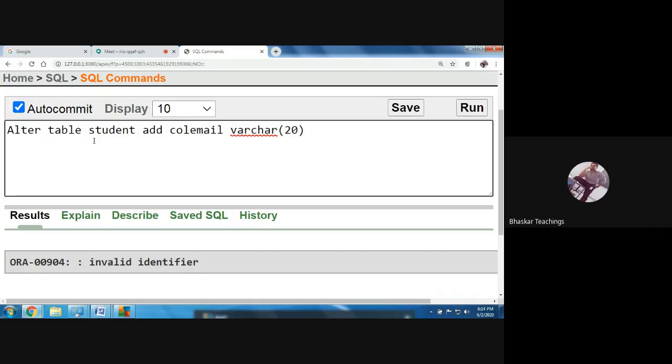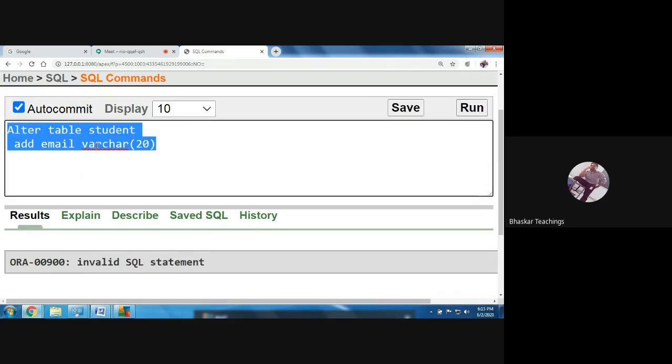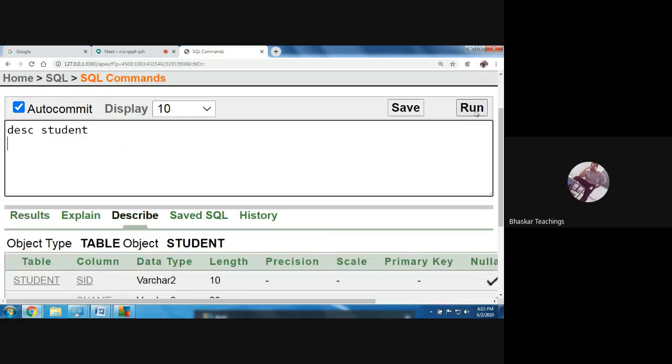Alter table, table name, student, email is then our new data type, and varchar is the size of the data type. Okay, so let us run. Invalid SQL. I guess the table name is different. Student. Did I give any spelling mistake? Student. So it is also correct.